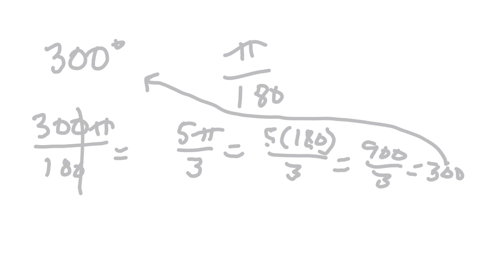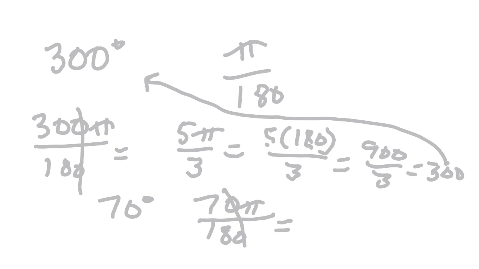All right, let's go with, just off the top of my head here, 70 degrees. To do that, you would say 70 times pi over 180, and you're going to reduce that, chop off the zeros, and of course, 7 is prime, so you're just going to leave it like that. So this will be 7 pi over